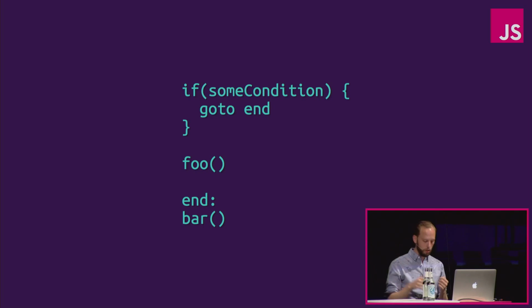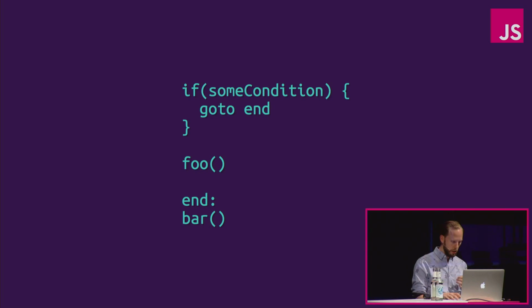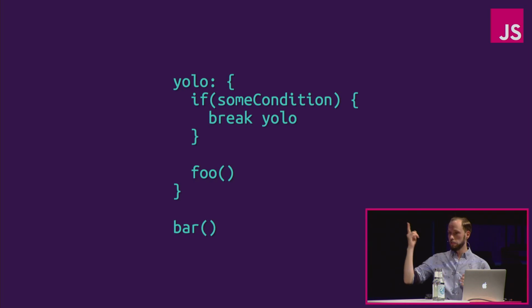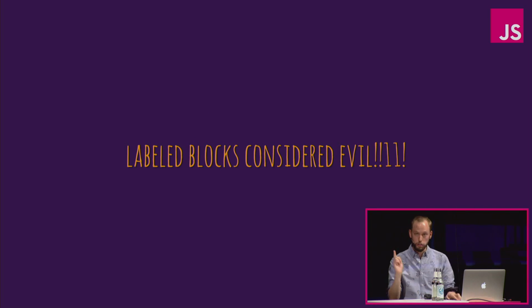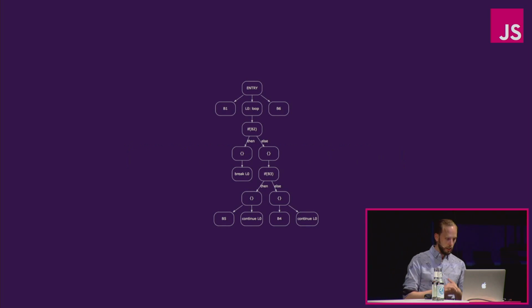Well, it kind of looks like this if you write C. So you can always do this stuff, and you can always do a goto in JavaScript as well. So, labeled blocks considered evil. You can be the first to write that, and everybody will quote you afterwards. Anyways,